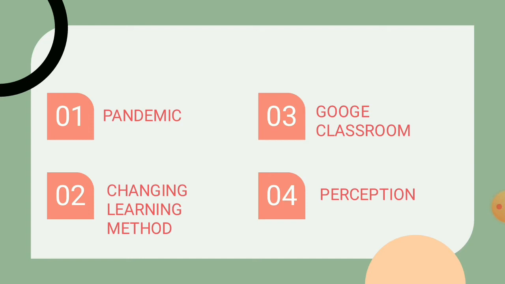There will be many perceptions, such as pros and cons of changing the system from English department students while using online learning application in their learning process during pandemic. It has inspired the researcher to focus on exploring more about student perception of their learning process of using Google Classroom, as well as to find out the benefits and the challenges that faced by students while using Google Classroom during the pandemic.